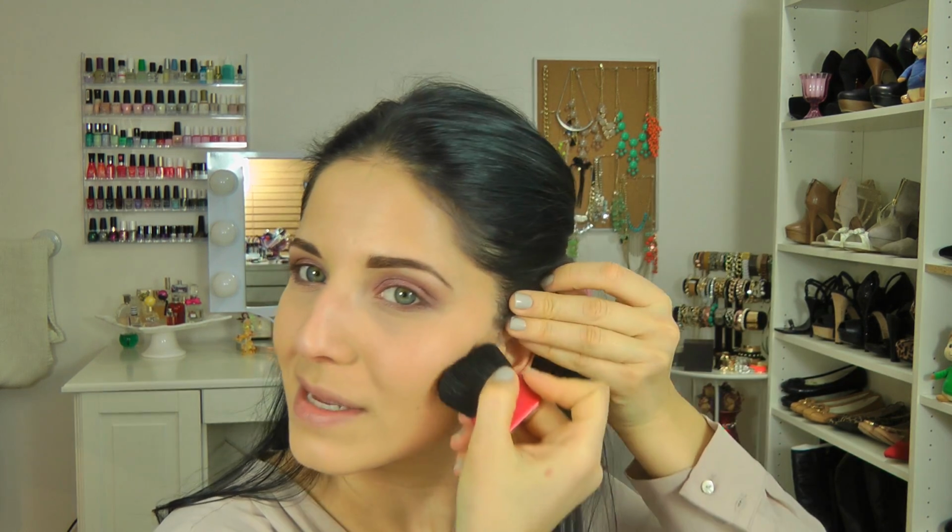All right, time to contour a bit. I'm using my Too Faced Chocolate Soleil, and I'm using this little brush that comes with drugstore face powders and whatnot. I don't like this for blush because it's really hard to apply blush with it, but this is great for contouring. If you don't want to spend the money on the NARS Aida brush, use one of these, because honestly, I used to use these all the time, and I've spoken about it a long time ago. This is what I always did to contour. I just dip that in there, dip out the excess, and then whatever you would contour right there, pop that on,